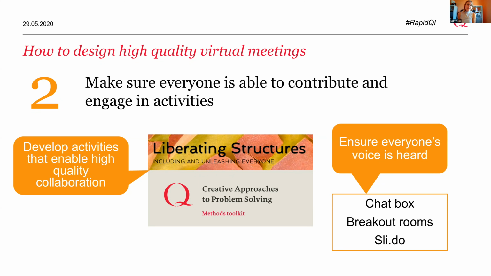In terms of other ways to bring in voices, you could obviously do the method that we just use in the Conversation Cafe, where a facilitator goes around to each person to ensure they've contributed. This may be a bit more staged than you would normally choose to do in a face-to-face meeting, but for virtual discussions, it can be really successful. And of course, there's lots of technology you can use to help as well. So invite people to comment in the chat box, use the breakout rooms if you've got that functionality on the platform you're using. And think about any other platforms that you can use to capture responses. So things like Slido can be really useful for more interactive data throughout a session.